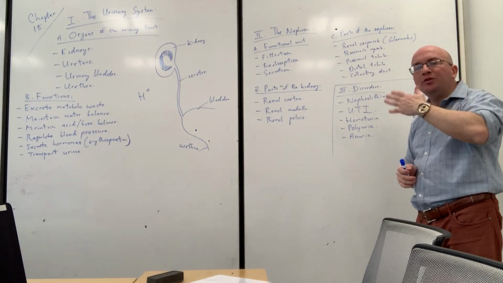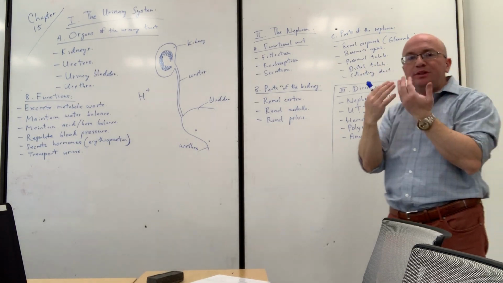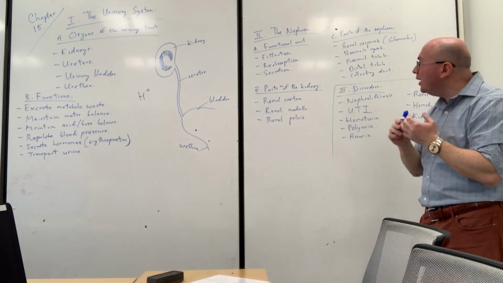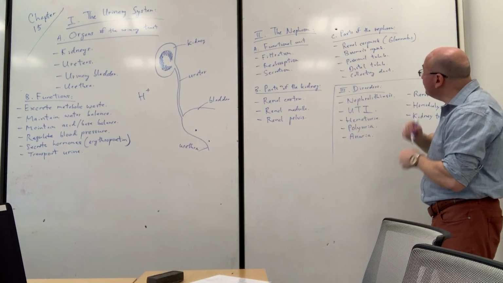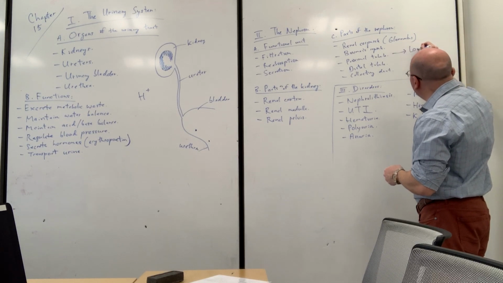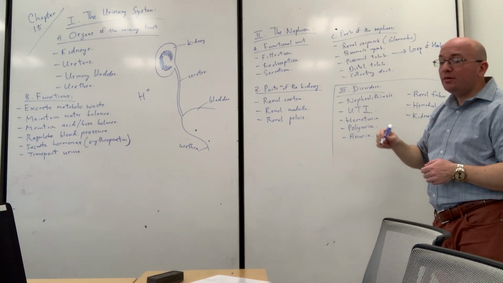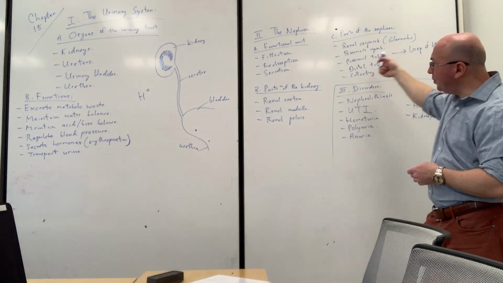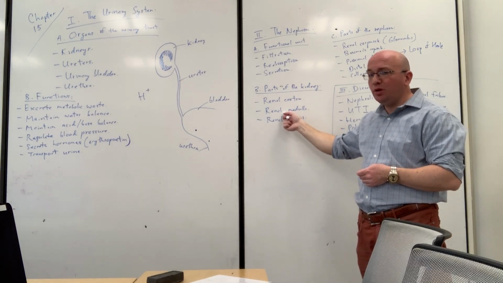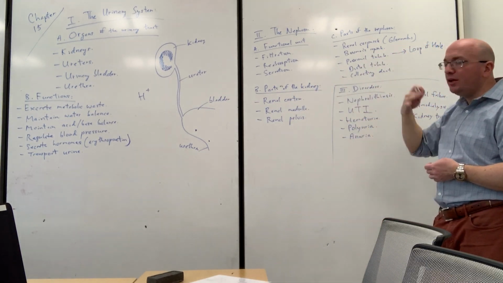Convoluted just means that it twists and turns, right? We can omit that word. But basically proximal means it's closest to the beginning area. And then we continue through into what's called the loop of Henle. And then, once we're in the loop of Henle, we're going to go down into the renal medulla. That's where a lot of blood vessels are, so they surround these loops of Henle, and the exchange of